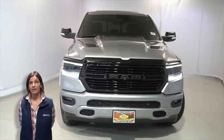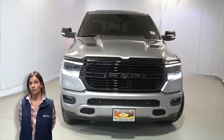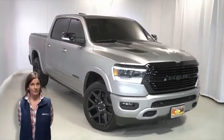Power, performance, capability, and capacity allow you to take on new challenges and adventures. Take a look at this certified pre-owned 2021 Ram 1500 Laramie Crew Cab in billet silver with black headlamp bezels,